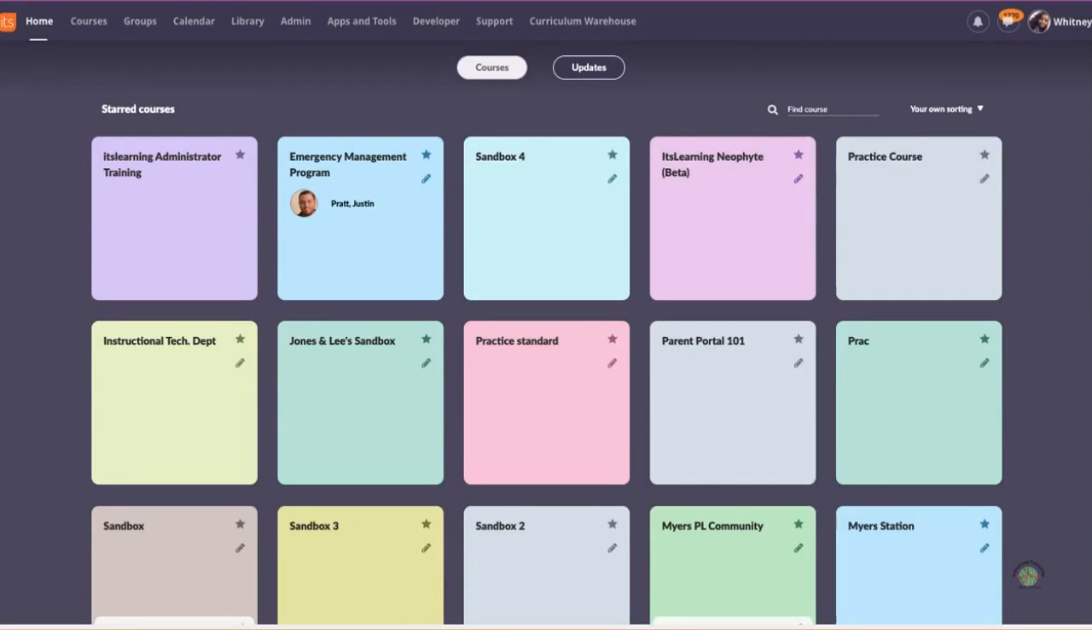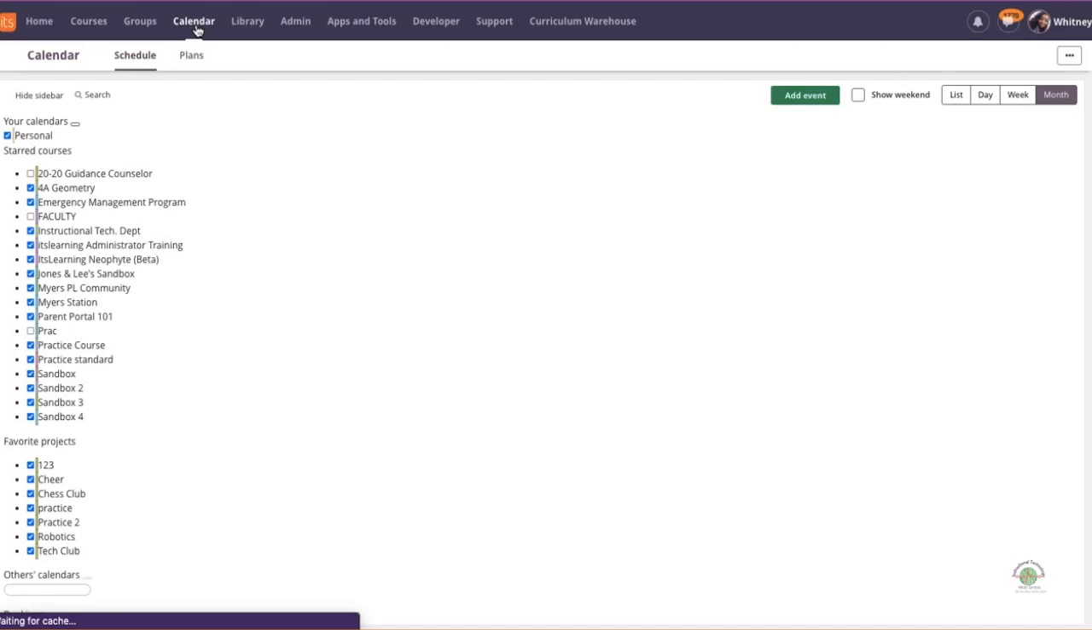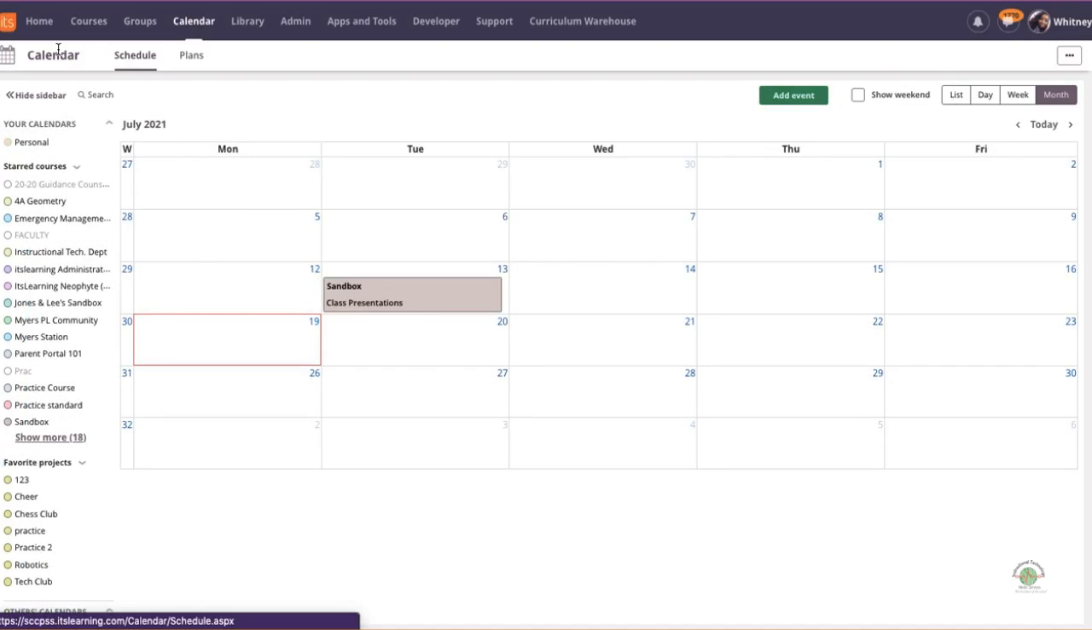Now that you have enrolled yourself in the courses that you would like to monitor, you can now join any class and view their plans by going to the calendar. Once you click on the calendar, you will see a list of your starred courses. So make sure on the home page that the courses you enrolled yourself in that you wish to see are